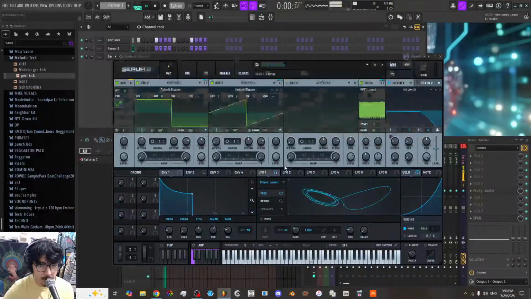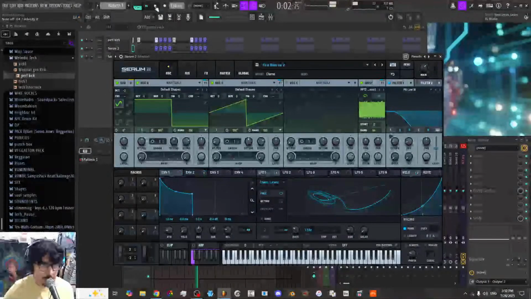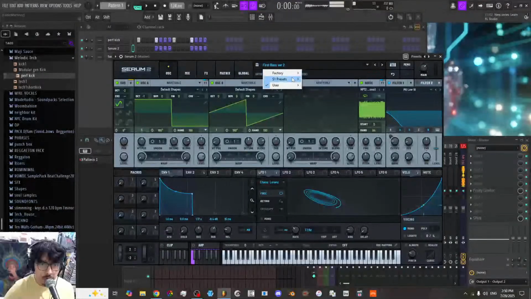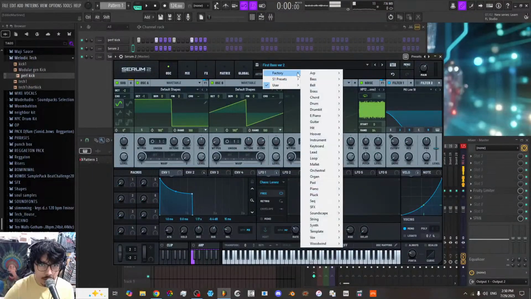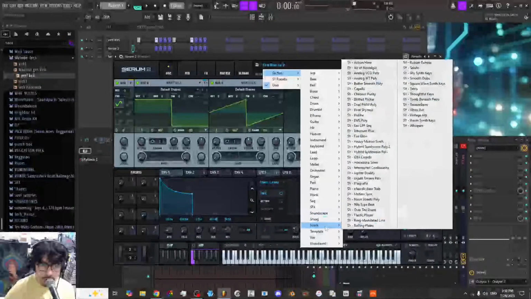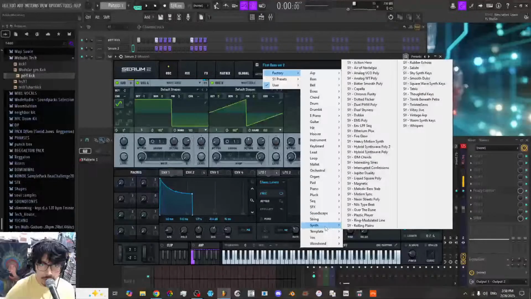There's a nice bass. I don't think I've ever looked through the presets yet here from Serum 2. Maybe I can find something nice just to move along a little faster instead of sound designing.